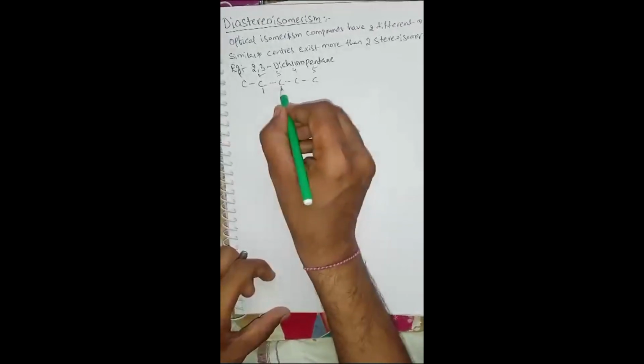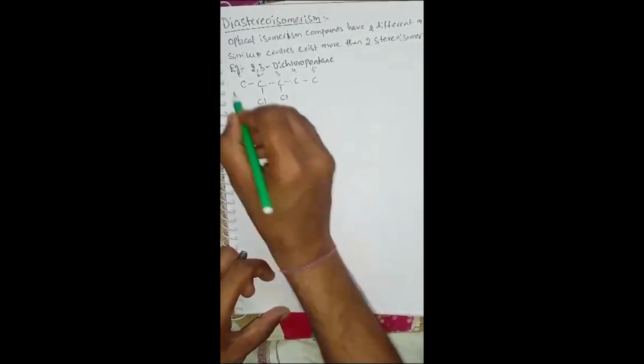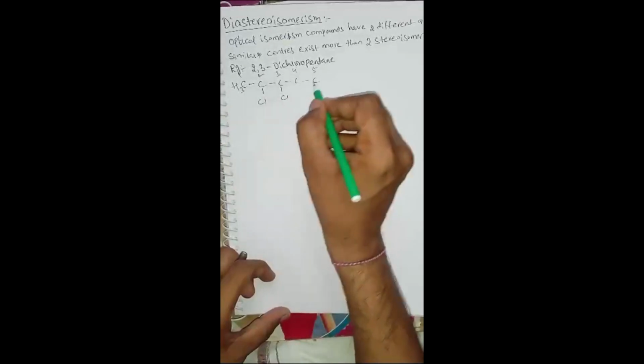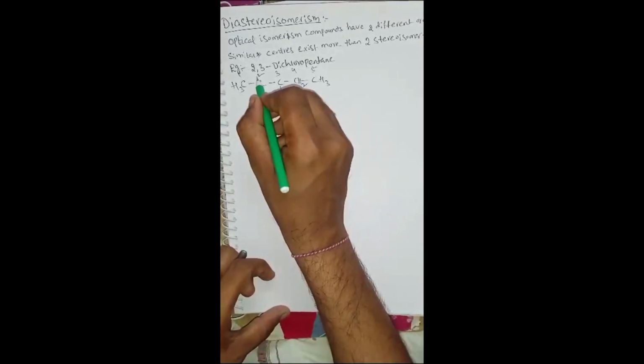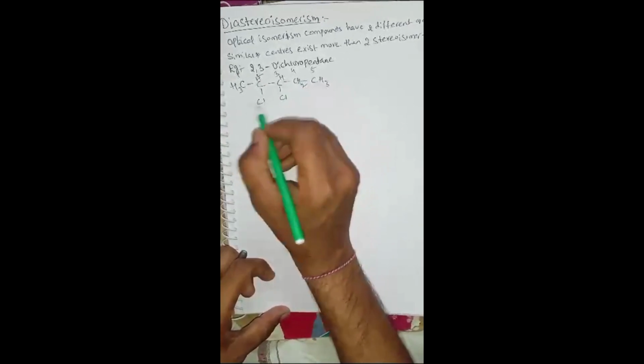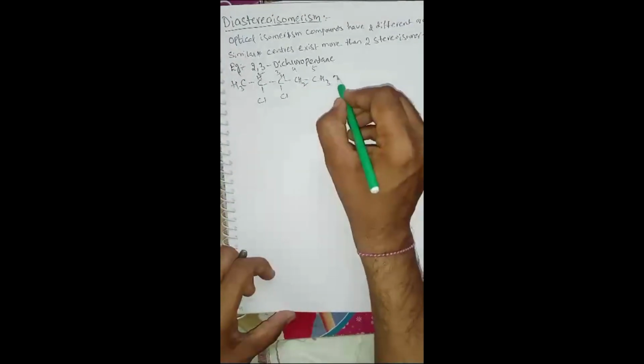At the second and third positions, chlorines are attached. The remaining positions are filled with hydrogens, CH and CH. So this structure can be written as